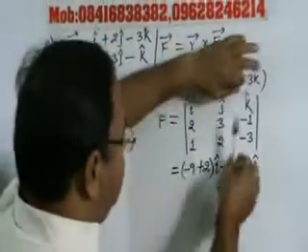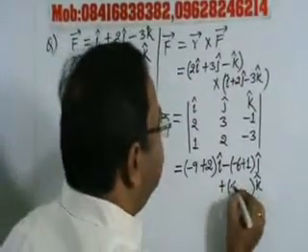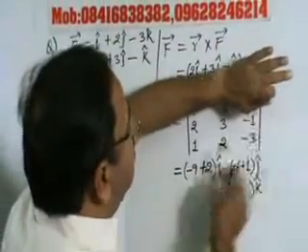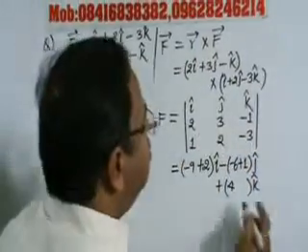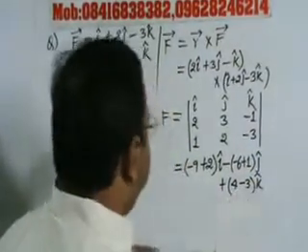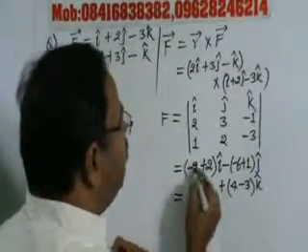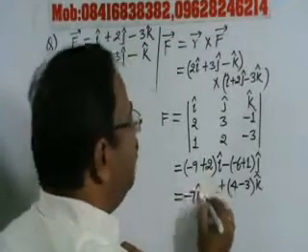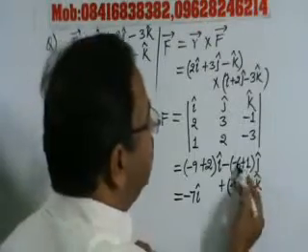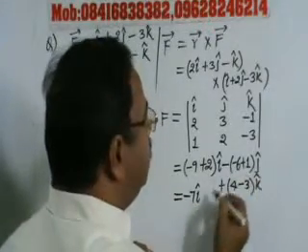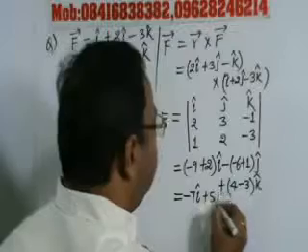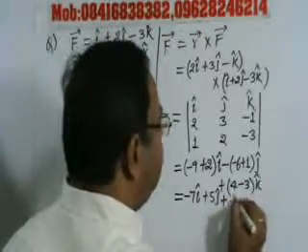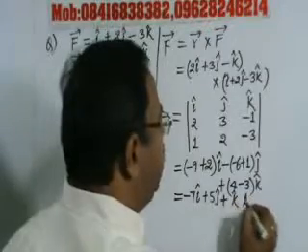So what will be in k cap? This is 2 times 2 is 4. Now we cover the row and column in which k is present, so this is 2 times 2 is 4 and -3, so this is 4 -3, so this will be equal to -9 plus 2, that is -7 i cap, and look, this is -6 plus 1 is -5, so plus 5 j cap, and plus 4 -3 is 1, so plus k cap. This will be the answer.